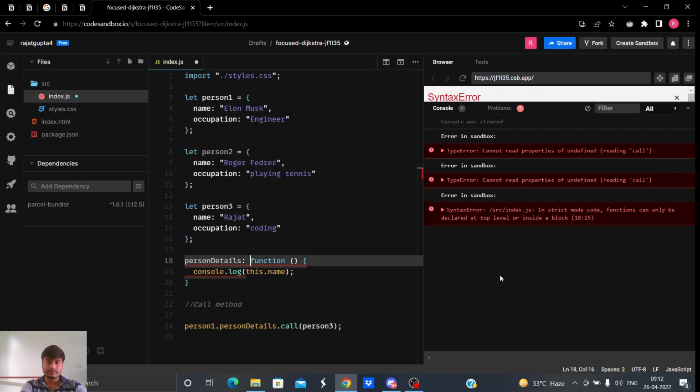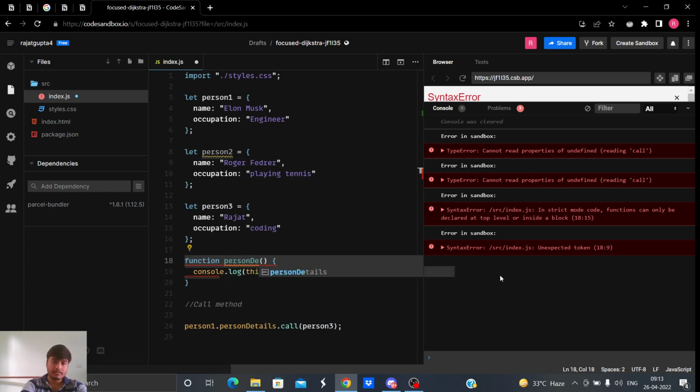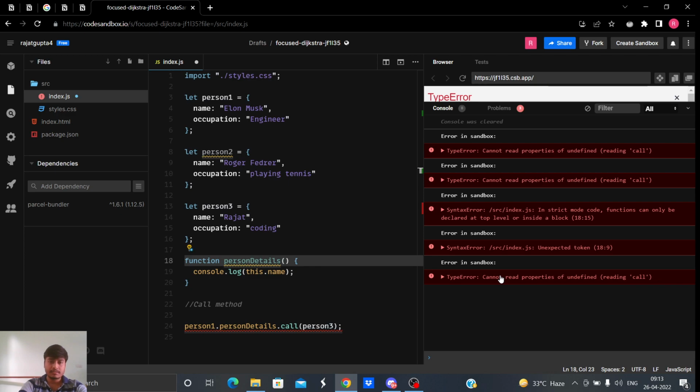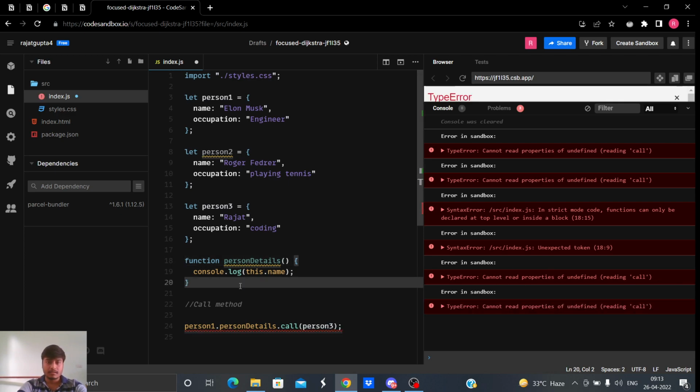So let's define this function on its own: function personDetails, and yeah, it is console.log. Now this won't work on person 1 because person 1 no more contains this person details method, but this person details method is on its own.